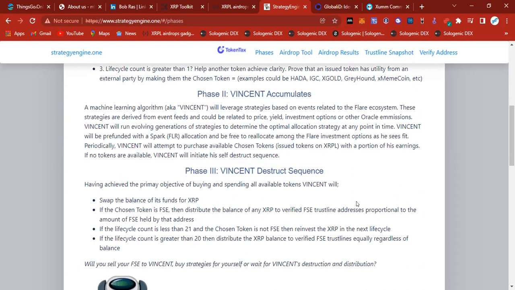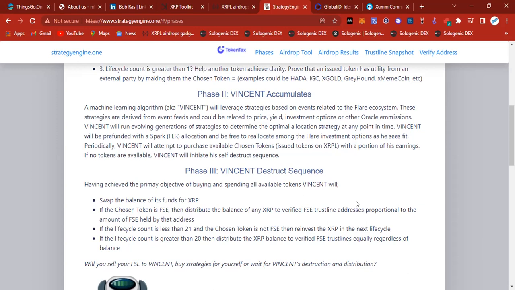These strategies are derived from event feeds and could be related to price, yield, investment options, or other Oracle emissions. Vincent will run evolving generations of strategies to determine the optimal allocation strategy at any point in time. Vincent will be pre-funded with a Spark allocation. So this robot will be pre-funded with a Spark allocation and be free to reallocate among the Flare investment options